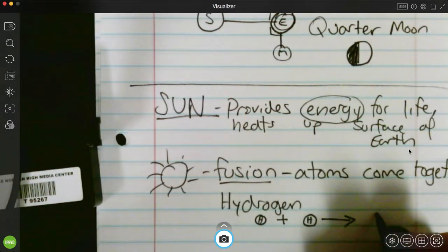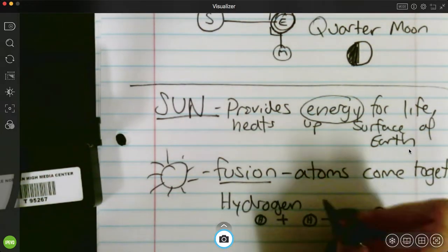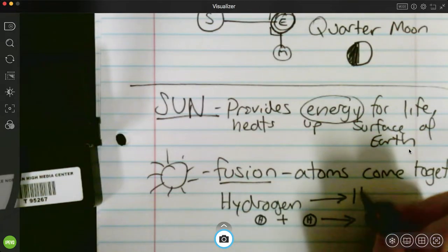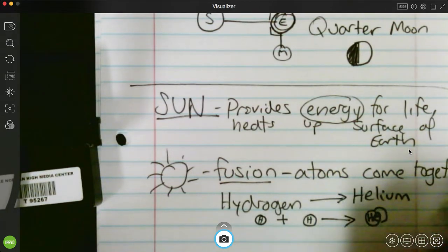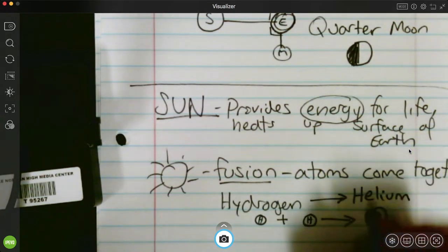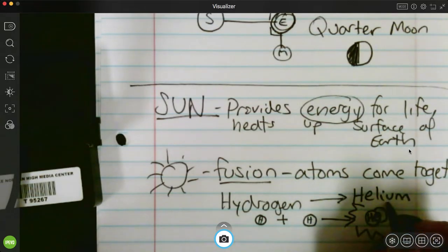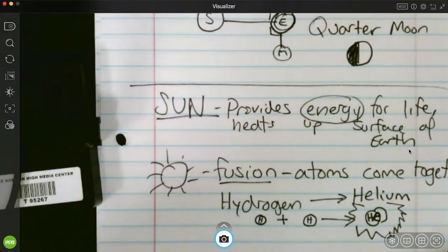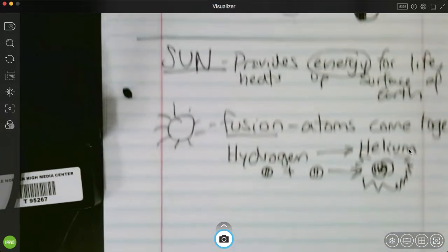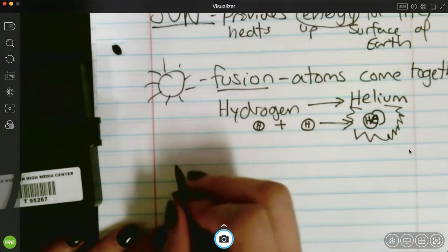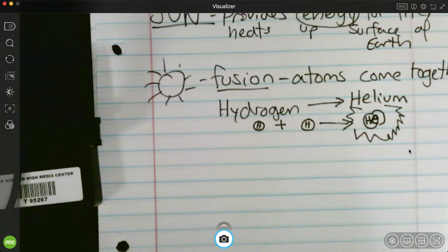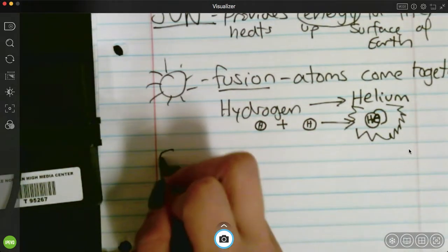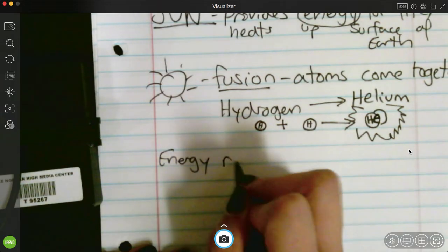It forces them together, and these 2 little things are going to come together, and it's going to make a helium. So hydrogen turns into helium. This also makes a whole bunch of energy. This energy is in the form of light and heat and ultraviolet light. The energy radiates